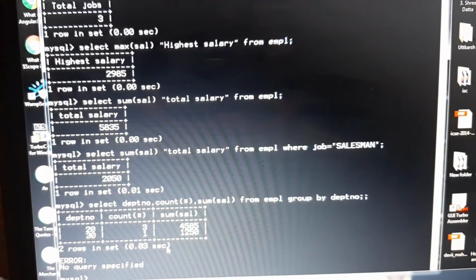So what happened? There are only two departments in the entire table, 20 and 30, which I have created. Let me show you my table so that you people can come to know how this result has come.